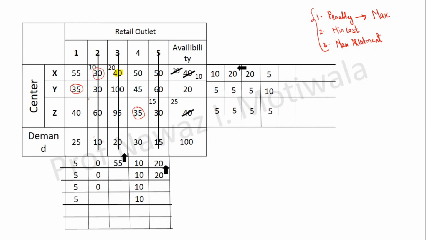So let us see how much we can allocate at particular locations. So for Y1, tell me for Y1 how much I can allocate. 20. For Y1 I can allocate 20. This is not a final allocation, I am just explaining you. So I have just written here 20 can be allocated. And what about here at this particular point?